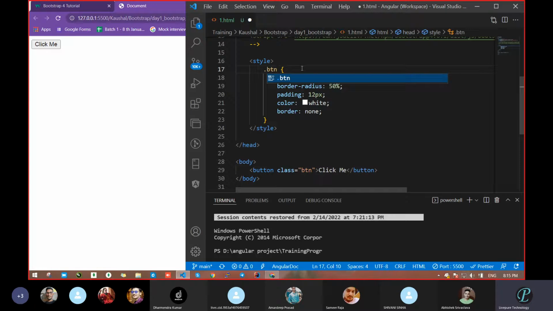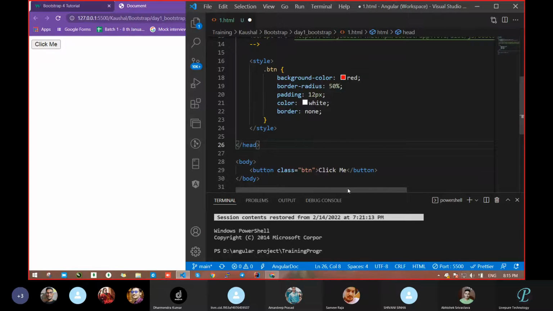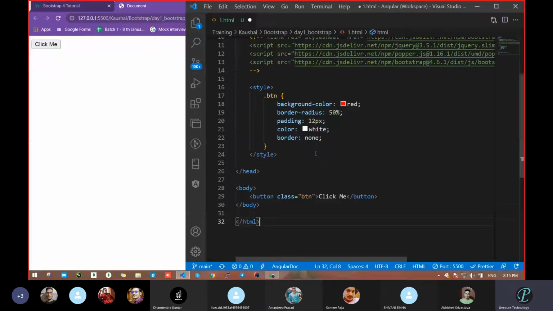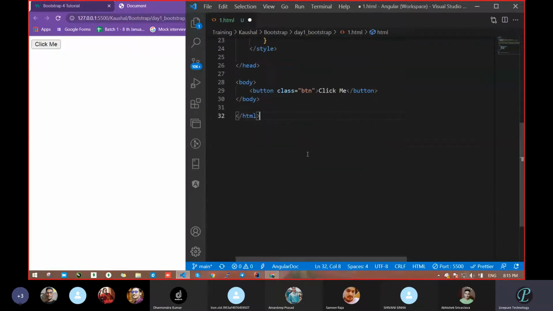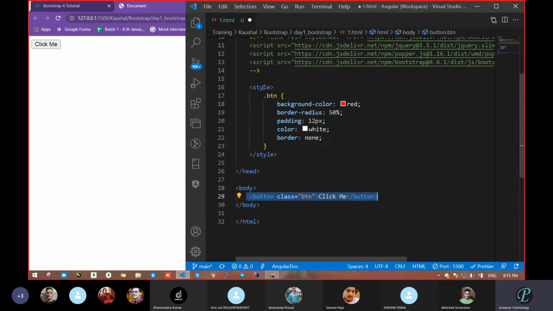Now tell me, is that btn a Bootstrap class? No, sir. No, because now it looks like a simple class. How do you know that this looks simple? Because up to here, don't think. If you show it to anyone, he will say this is a Bootstrap class. But when you see that the btn class is defined inside this, then you will get that this is not a Bootstrap class. This is my class. So save. You got your output.